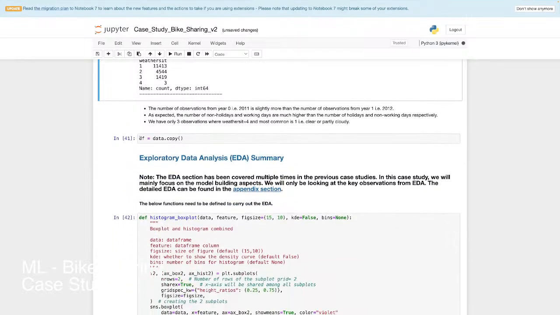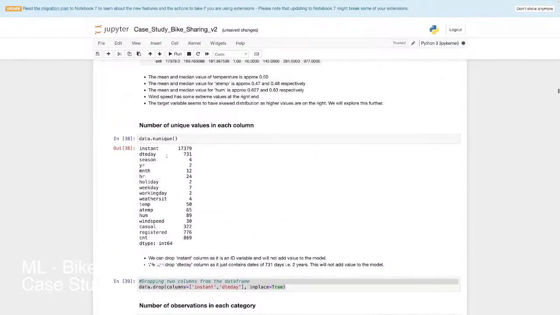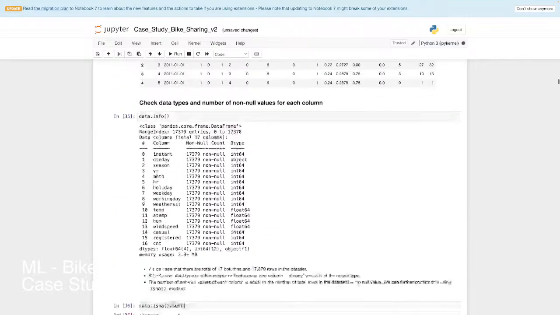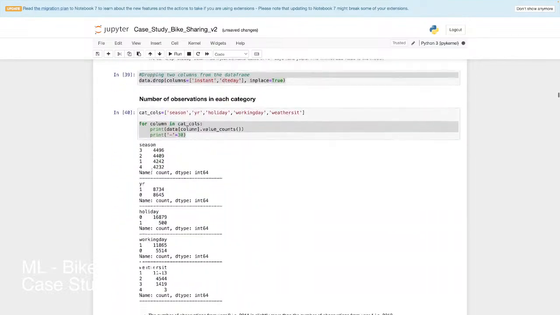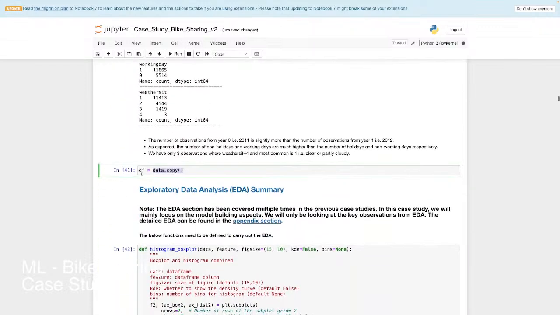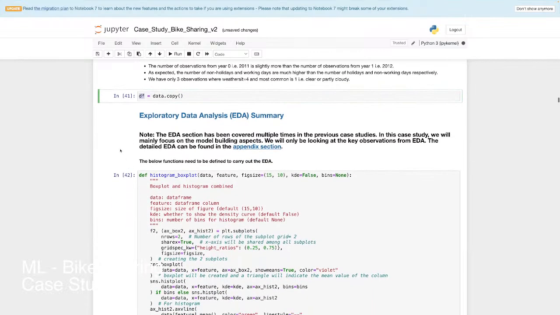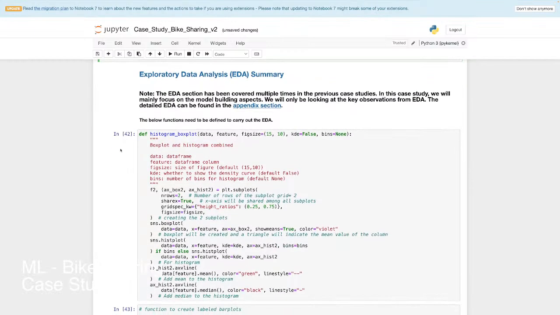Then they make a copy of the data set because they remove a bunch of values, and you don't want to work with the original data set. It wouldn't be smart to just start removing things and manipulating the data set in a way that you cannot go back from. So they make a copy of the data set and now they do the exploration analysis by way of doing